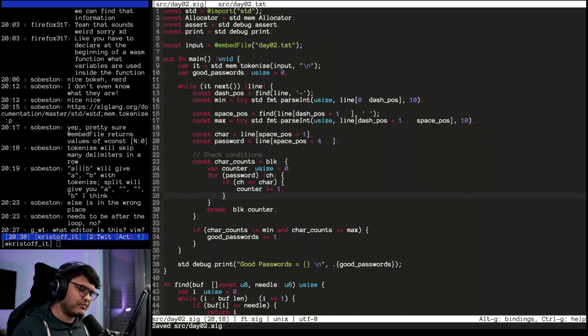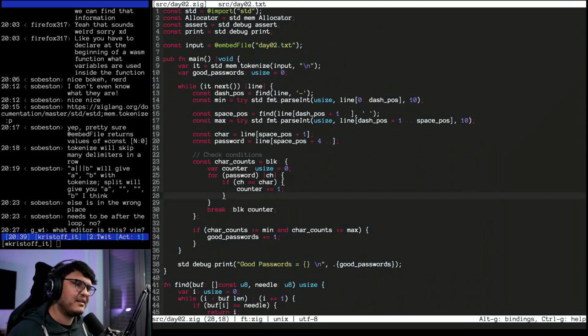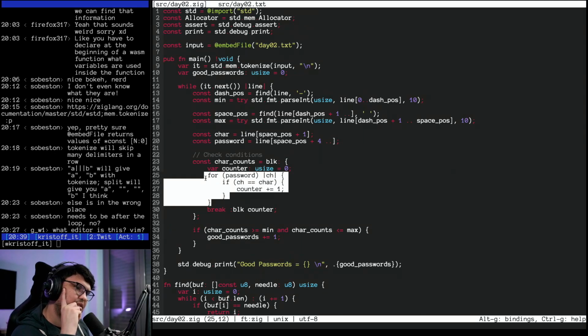So, what? How can counter plus equals 1 return index out of bounds? And we panic during a panic. I think there's something fishy going on. So is this a block thing that is causing problems? I don't see how this could cause an out of bound, or this. These things should not be possible.